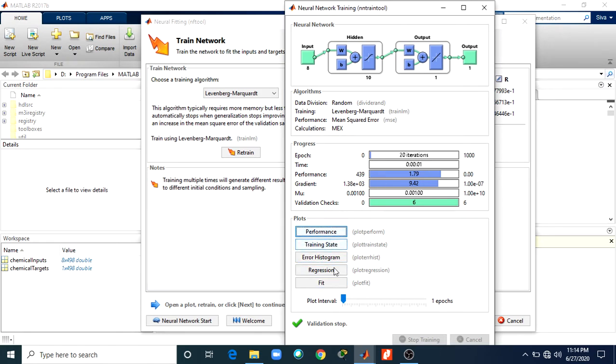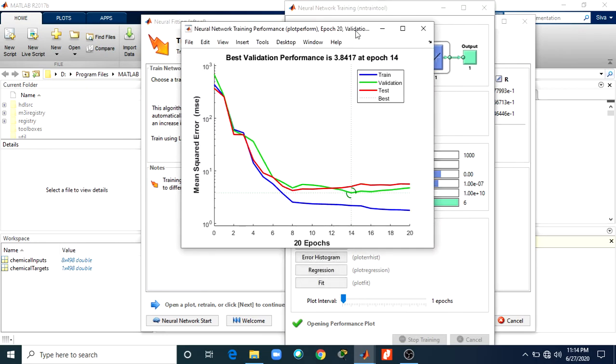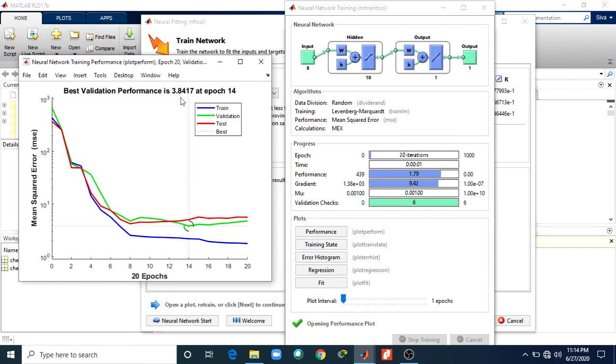These are the plots available here. Performance plot. The best validation performance is 3.8417 at iteration 14. There are more iterations under this; from the 20 iteration values, at 14 you get the best validation performance.